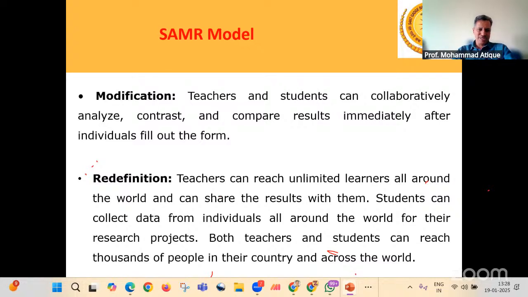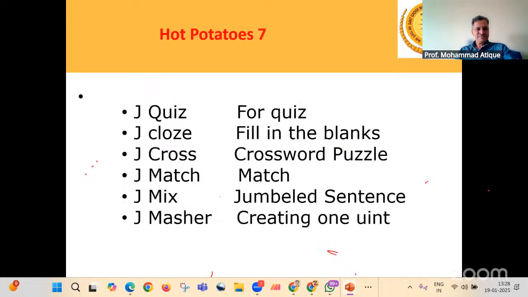The other tools we are going to look at, I will not talk on Google Forms and so on. I'll talk on tools like Hot Potatoes, Socrative, and maybe one more, let's say NetLogo, if time permits, and Answer Garden. These 3-4 tools we'll touch upon in a live environment. So let us begin with the very first one, Hot Potatoes.